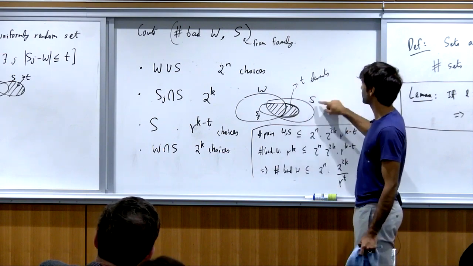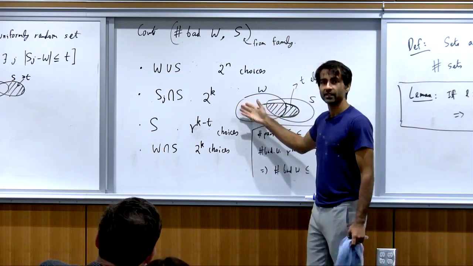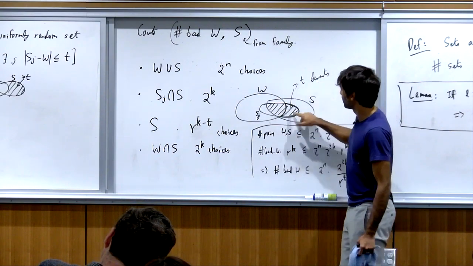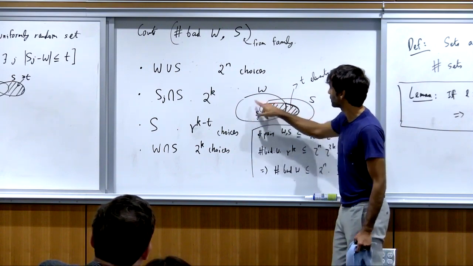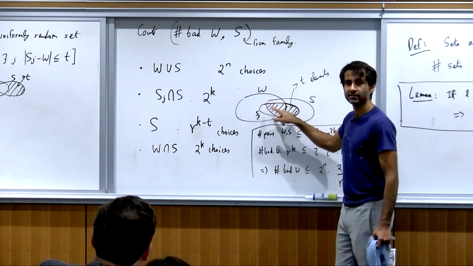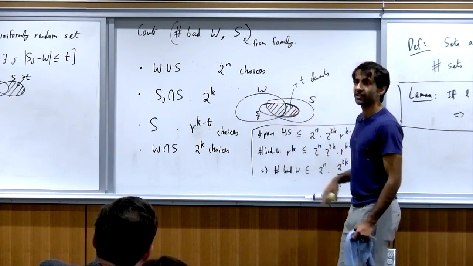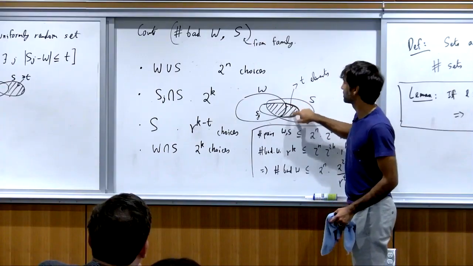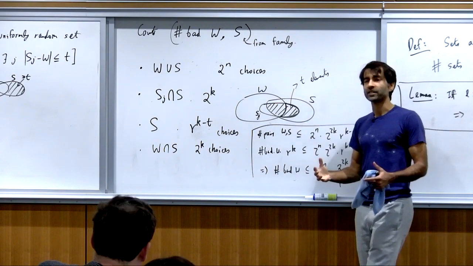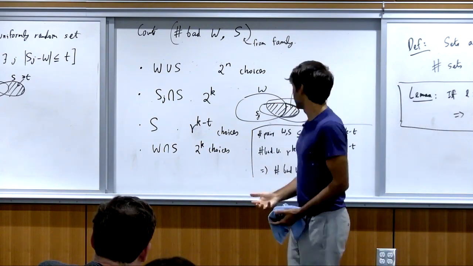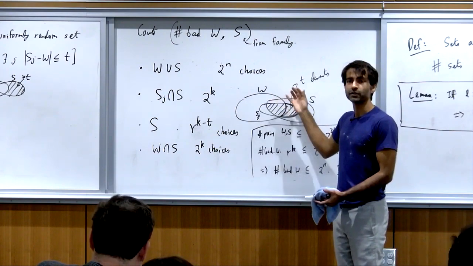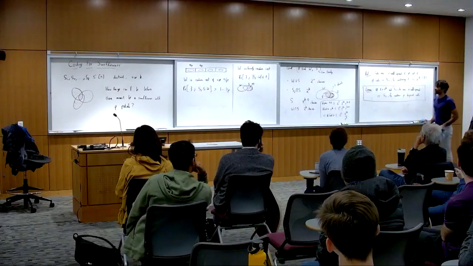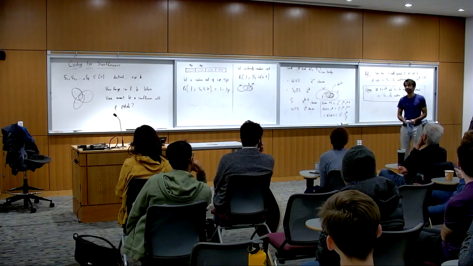So initially you start with a whole bunch of sets of type S. You pick some set W, and after you pick this W, you replace every set S in your family with this set. So W already covered up this part of Sj, and it has some part that's left over. So you then try to erase S from the family and replace it with this part of Sj that's left over, and repeat the argument. Try to pick a new set W prime, which you will take the union with W, and try to cover some set of the family this way. Okay, so that argument turns out to be quite complicated.